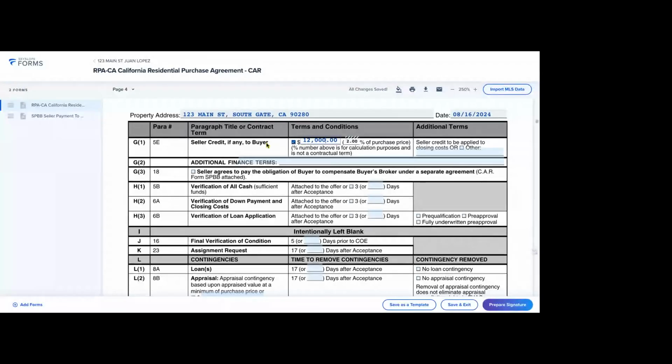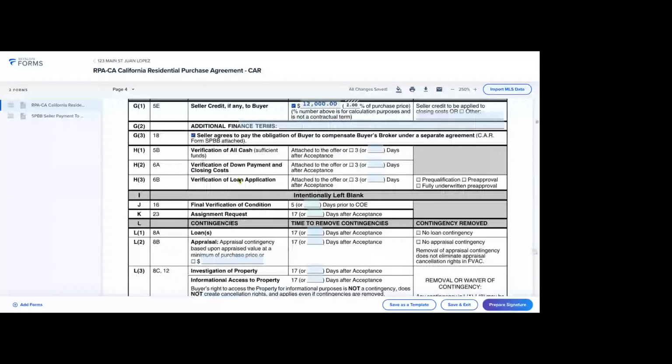So the right way to do it is to select G3, which is seller agrees to pay obligation of buyer to compensate buyer's broker under a separate agreement, which is the SPBB. So you have to click here,